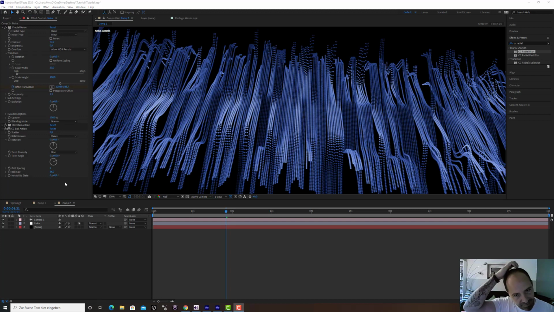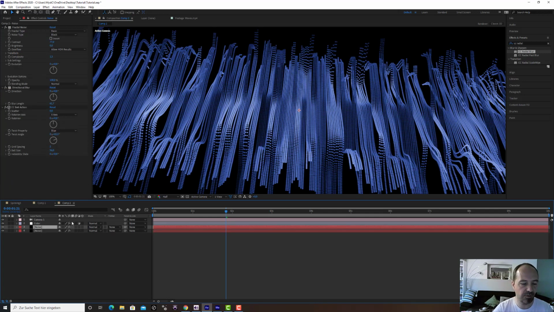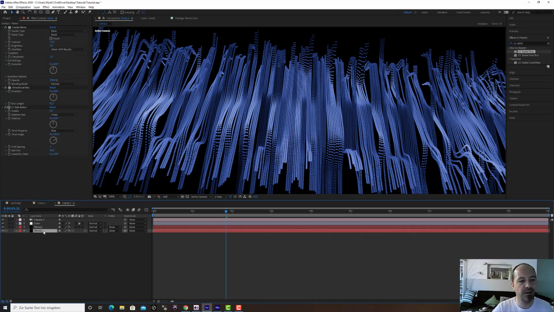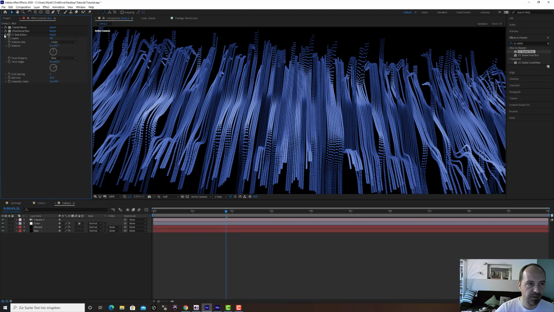So what we'll do next is stylize this a little bit. We go to our noise layer with the CC Ball Action and simply duplicate that by pressing Ctrl D on the keyboard or Command D on the Mac. Or simply go to Edit, Copy and Paste. Okay, let's rename that to Blur. And let me bring this up. So we have the fractal noise, the directional blur, and the CC Ball Action, and we need a CC Radial Blur on this. So I go on the blur layer and drop that onto here,